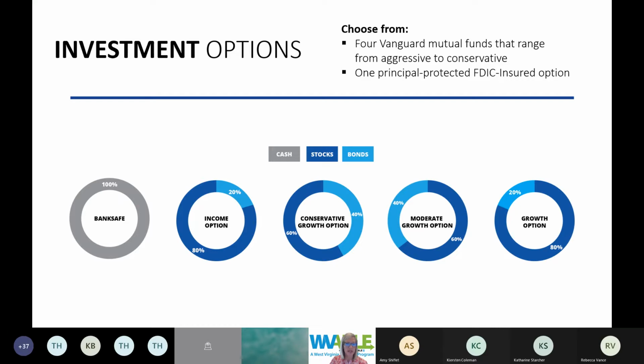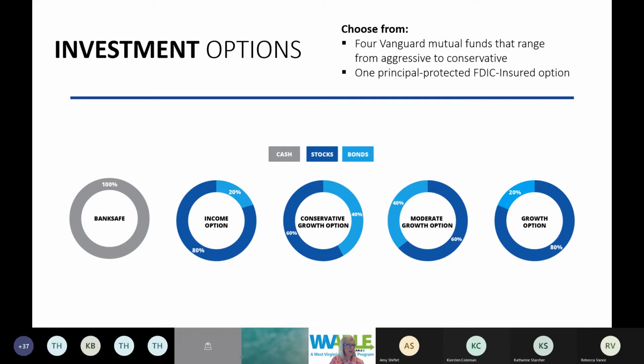So also please note that myself or anyone here at the State Treasurer's Office, we cannot provide advice for selecting the investment options. However, there is detailed information about the investment options at the WVABLE.com website at what's called the Savings and Investment page. So if you're at the home page and you scroll to the very bottom, in the second column, you're going to see Savings and Investment. Click on that link. It takes you to the full page with a lot more detailed information. And then, of course, the individual can seek financial advice from a financial or investment advisor of their choosing.